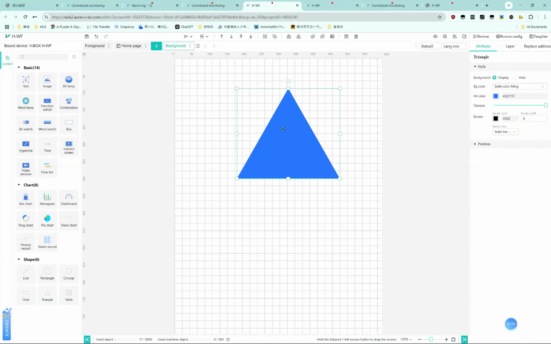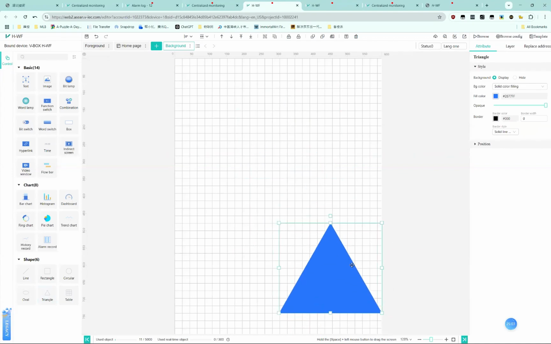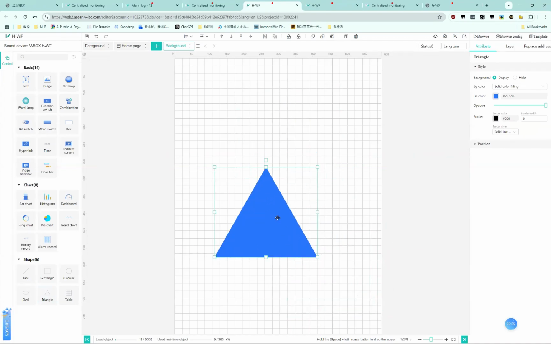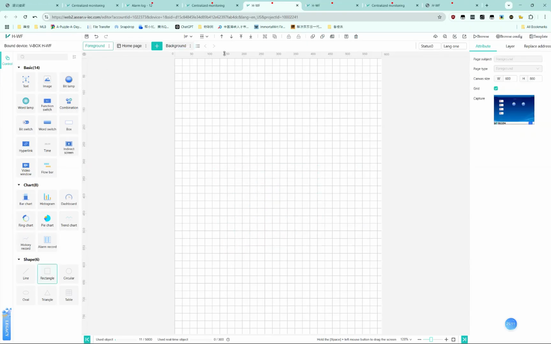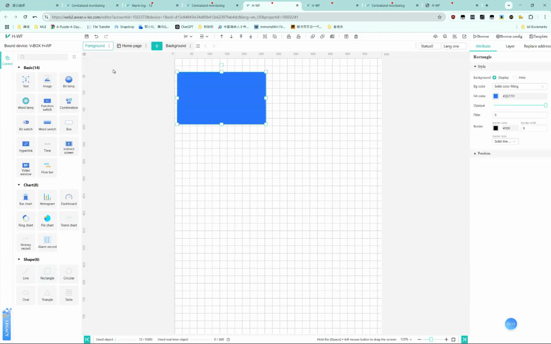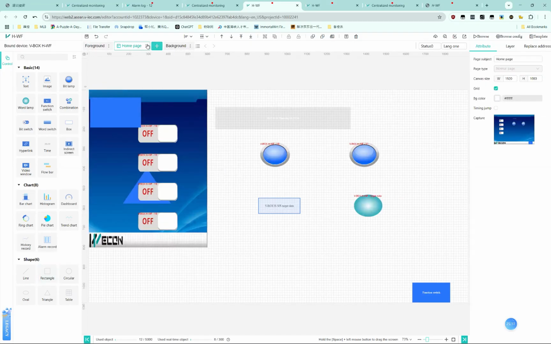So for example, I write a triangle on the background screen and add a rectangle for the foreground screen. And then, as you can see here,